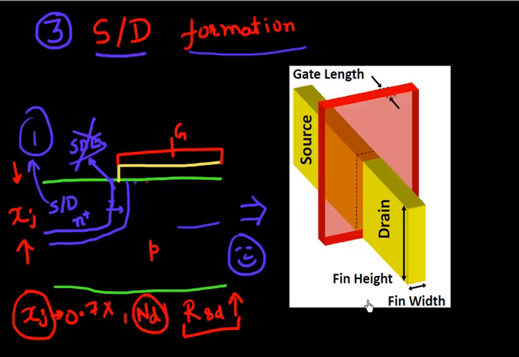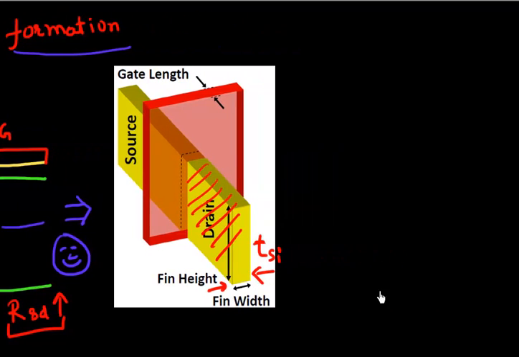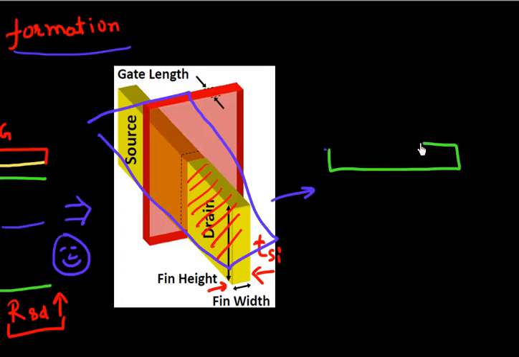But in a FinFET device, we have an entire new definition of junction. In a FinFET device, this is your source and drain. So your junction is essentially defined by your fin width, or by the thickness of this silicon layer. If I take a cross section of my device, cutting along this direction, what it will look like is you have your silicon fin, and you have these two gates